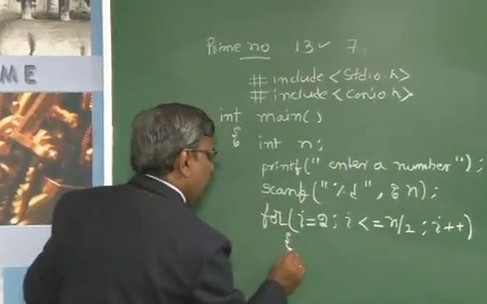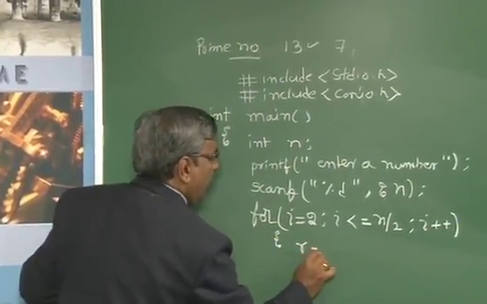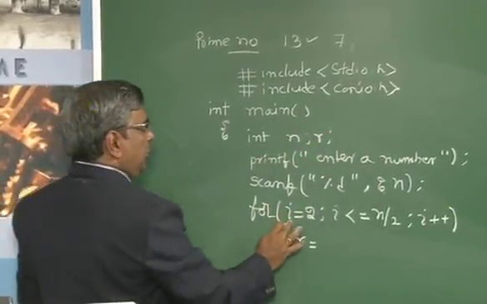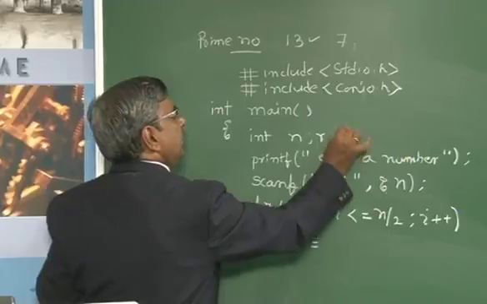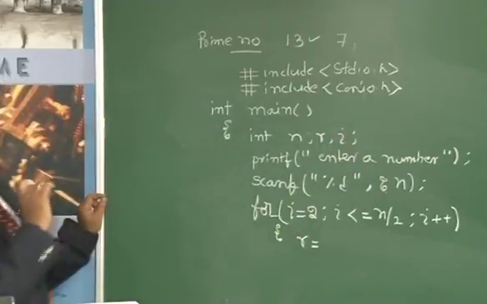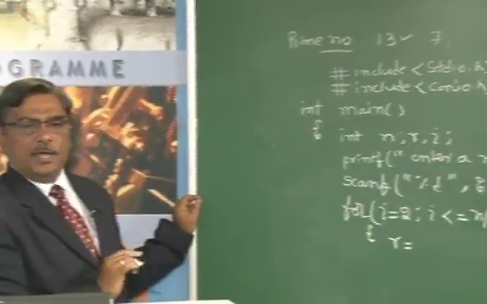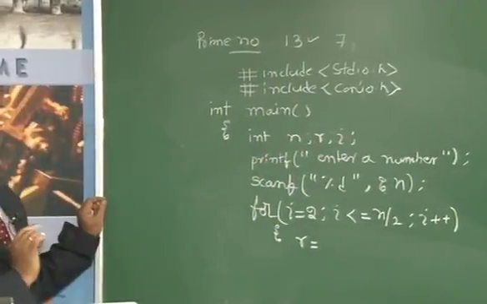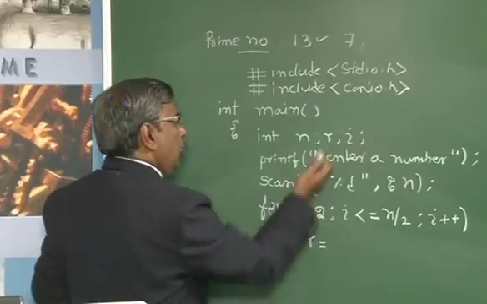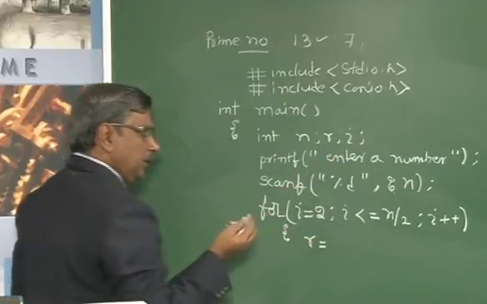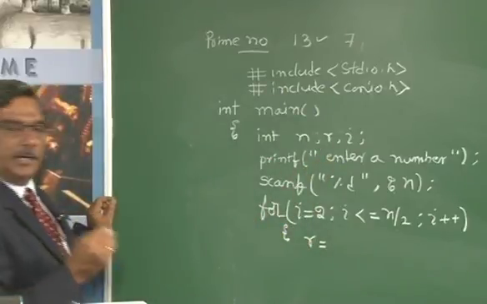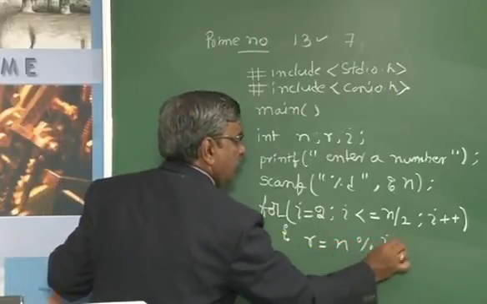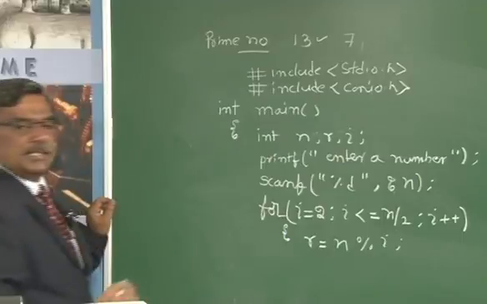So begin: calculate the remainder r. Here r is another variable, and you introduce one more variable, i. Whenever you start using a variable, try to declare its data type. r is equal to, how to take the remainder? You have one interesting operator, the mod operator. Take n mod i, and you will get the remainder.